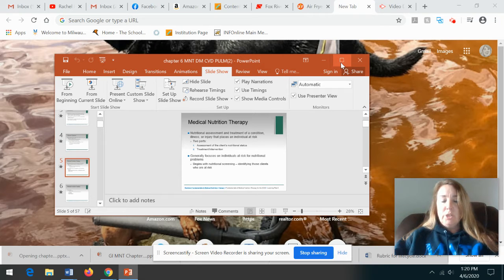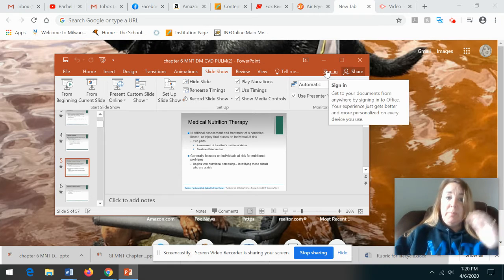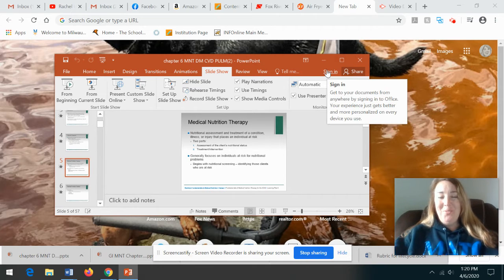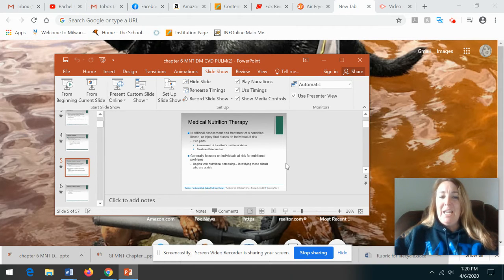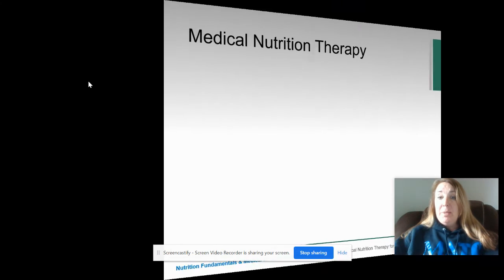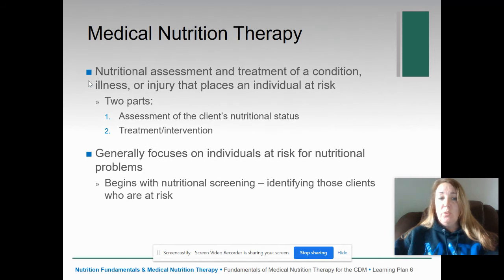All right, here we are in chapter 6. This is medical nutrition therapy for diabetes, cardiovascular disease, pulmonary, and the first section is on obesity. Before we get to specifics on obesity, let's take a look at MNT, medical nutrition therapy. So your book defines MNT as a nutritional assessment and treatment of a condition, illness, or